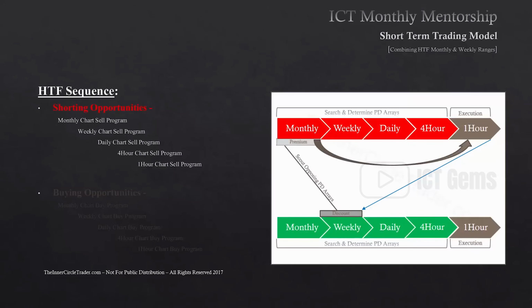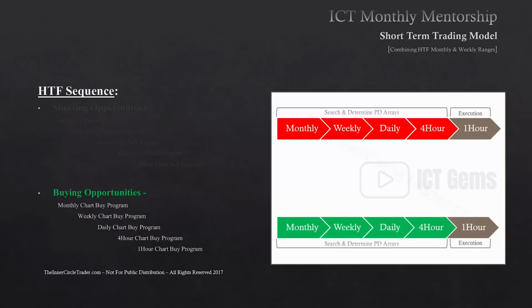time frame discount array. What's less than a monthly? A weekly. We execute regardless if it's on a weekly, daily, or 4-hour premium level from a 1-hour chart. We get down to the discount on a weekly. That's our objective. Throughout the time from that execution, if it's a weekly or a monthly level, we could potentially see multiple short-term trades form. If it's from a 4-hour basis, you won't see that many chart setups form, but nonetheless, there's still going to